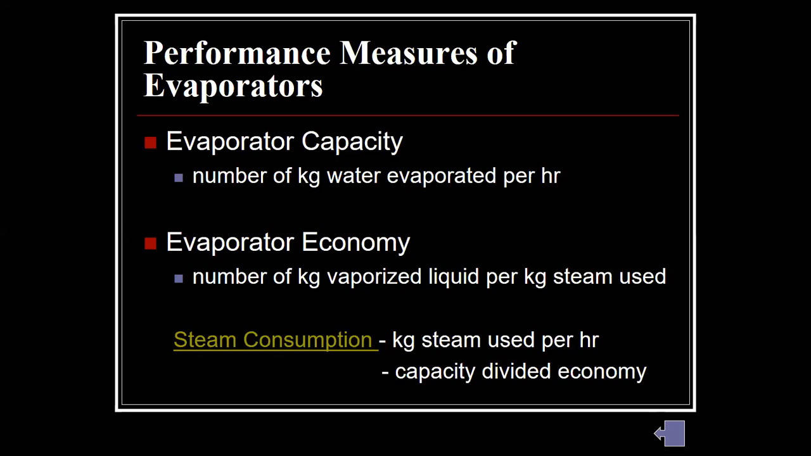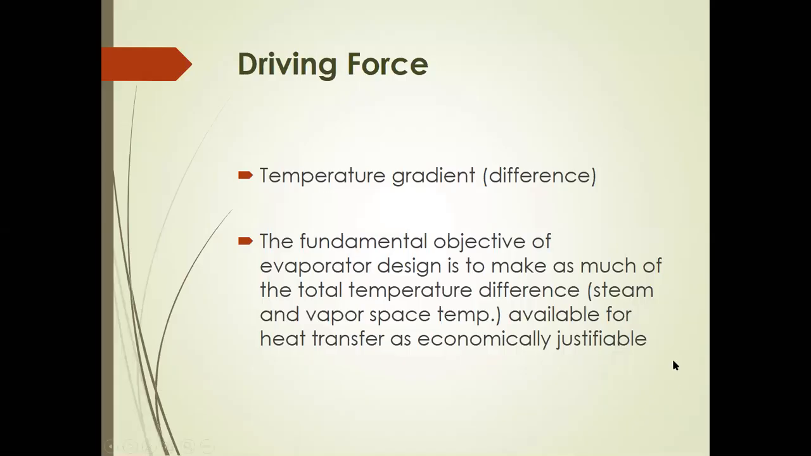So if we divide the capacity by the economy, we'll be able to determine the steam consumed by the evaporator, and that is kilograms of steam per hour, or mass of steam per unit time. So this is where we ended, and I'd like to go to the intro part of the calculation for evaporators,